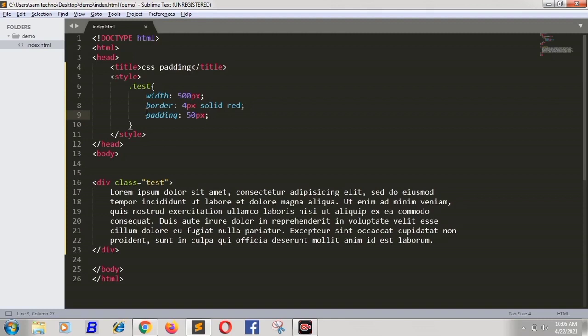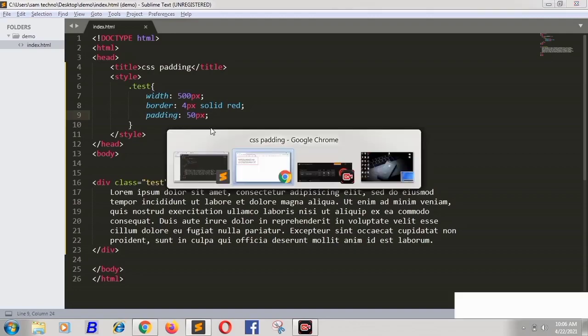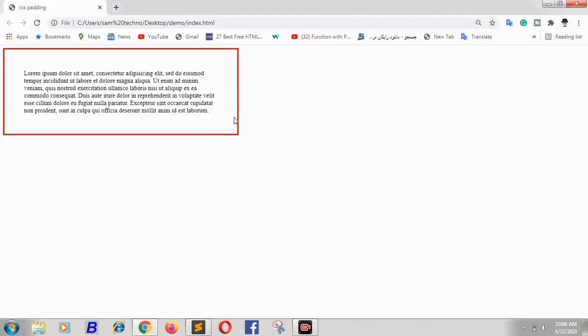If you want to give the same size of padding on four sides, then you can write like this: only 50 pixels I have written, and you can see the padding on all four sides. So this is also a technique.